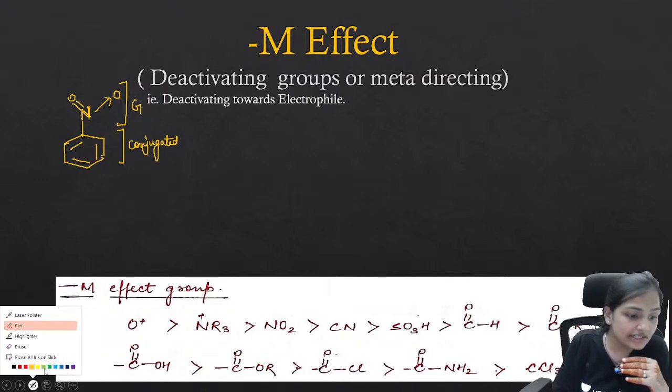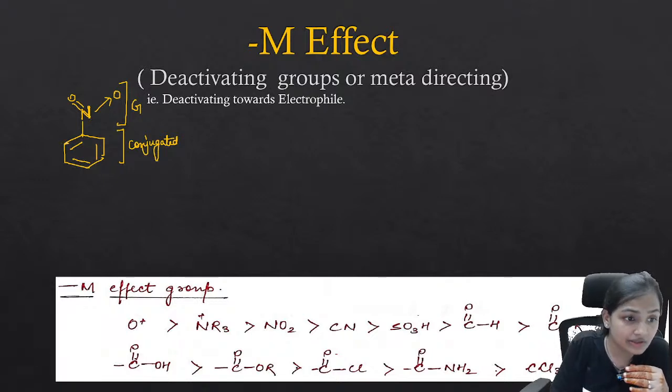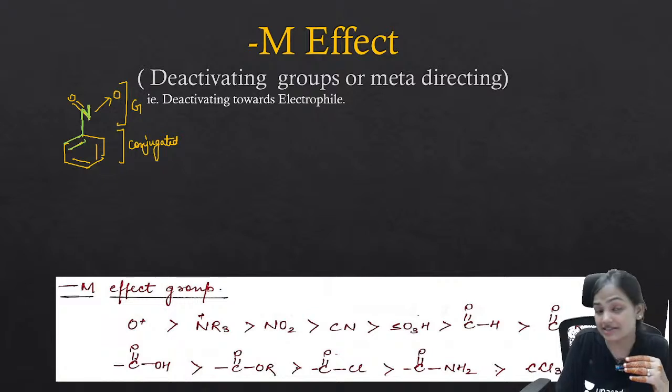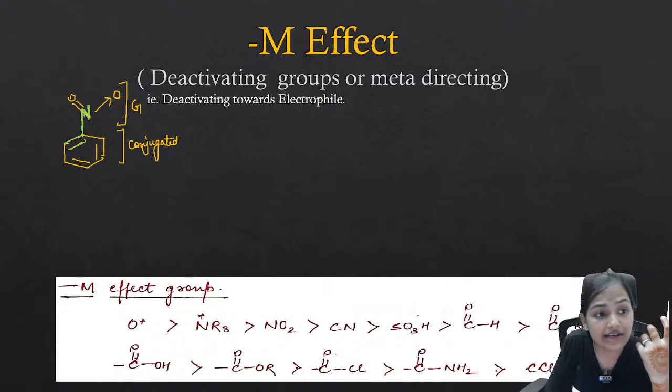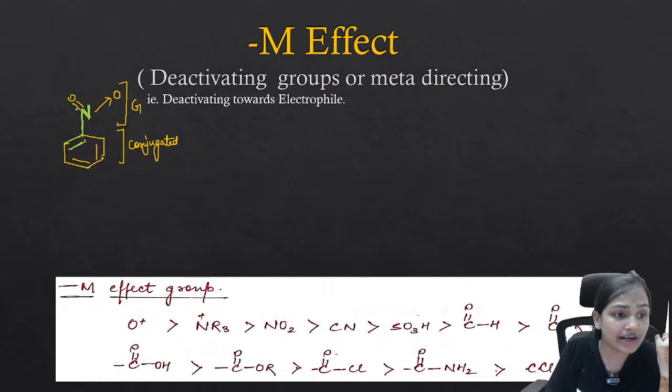So I want to see the polarity developed between this conjugated system and the atom which is directly attached to this benzene ring. So I want to see the polarity between this atom and this benzene ring. Okay. So guys, if you look at the nitrogen's valence shell electrons, you will find that nitrogen has